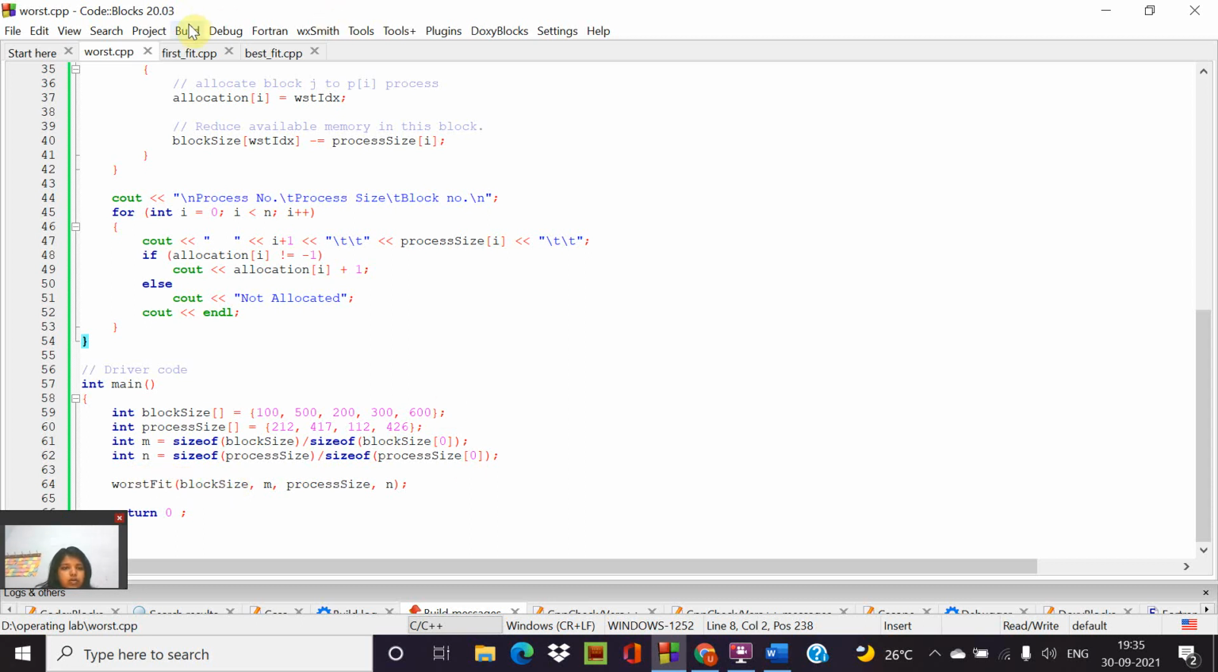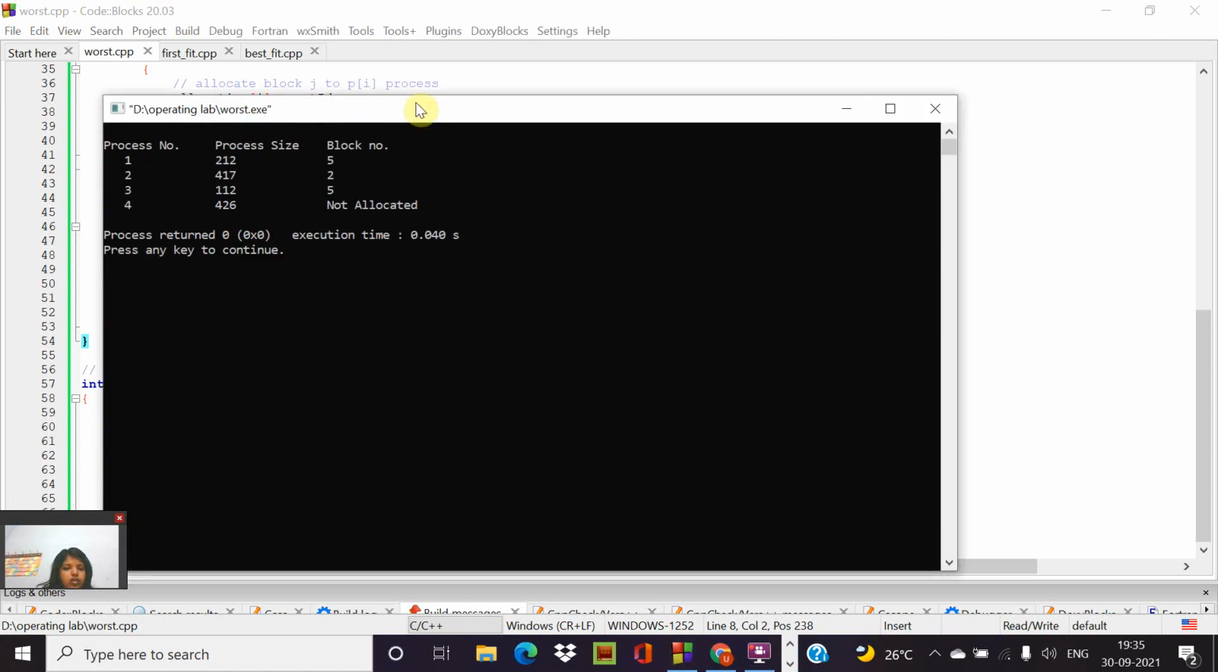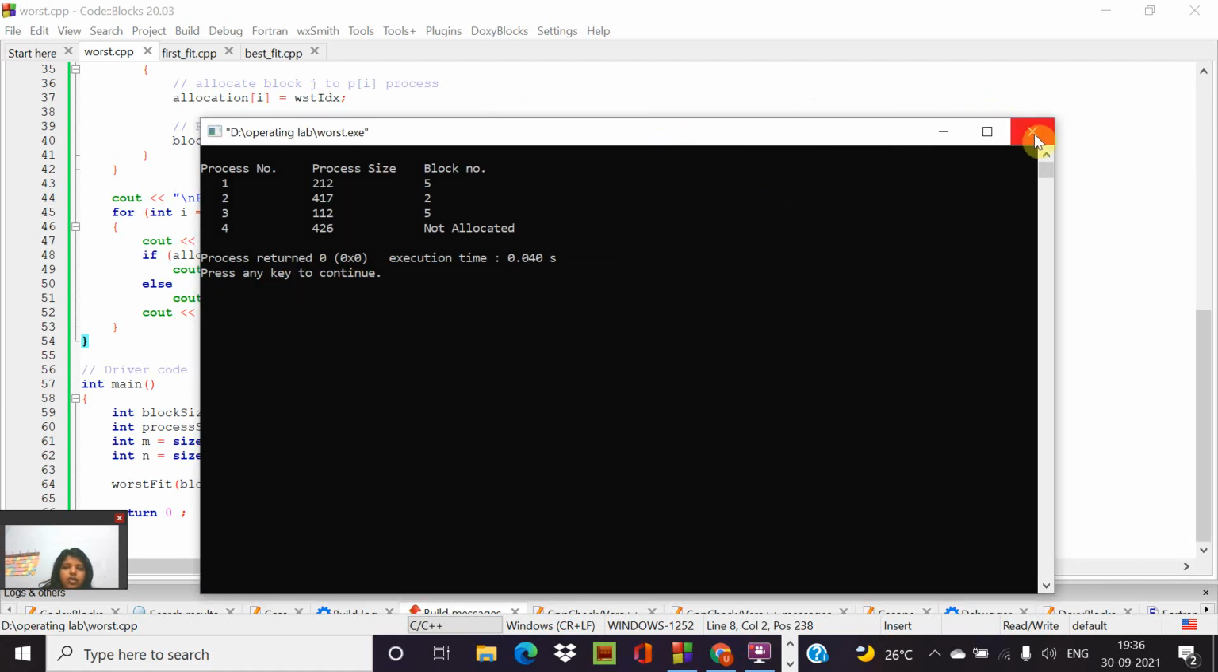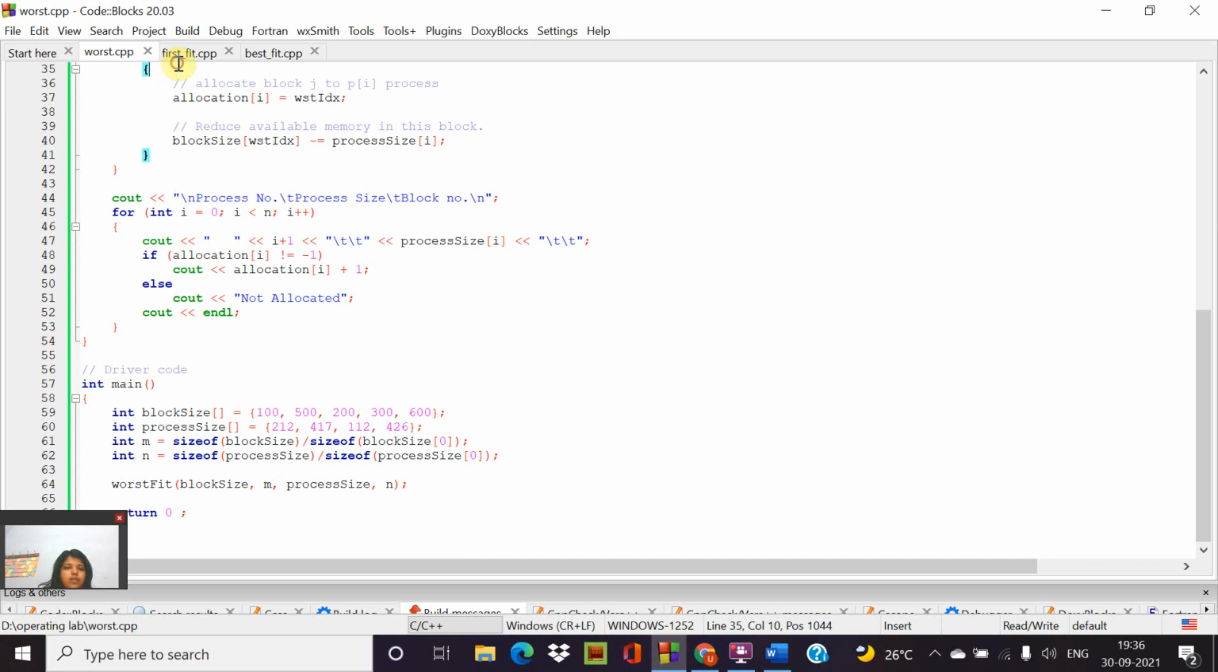So let's see the output. So these are the values for block size and process size. The process numbers are 1 2 3 4, and the process size for each is given here, and the block number is there, but for process number 4, the block is not allocated. So this is the worst fit. Next is